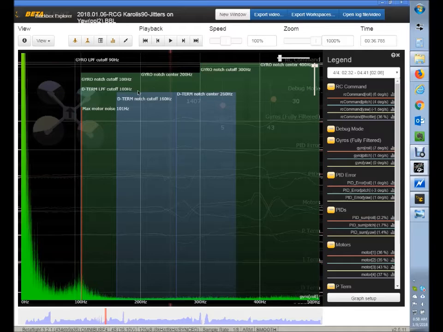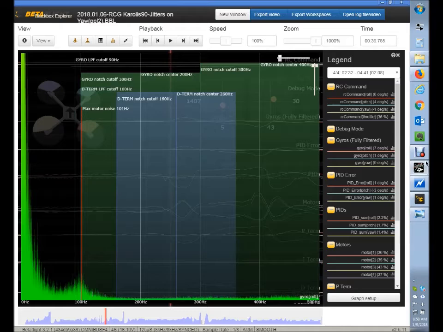So I would try that, see where the noise is, move this static notch over it. If not, feel free to obviously upload your log. I'd love to take a look at it as well. The other thing I would try after getting the noise tuned and looking at that to see if we can